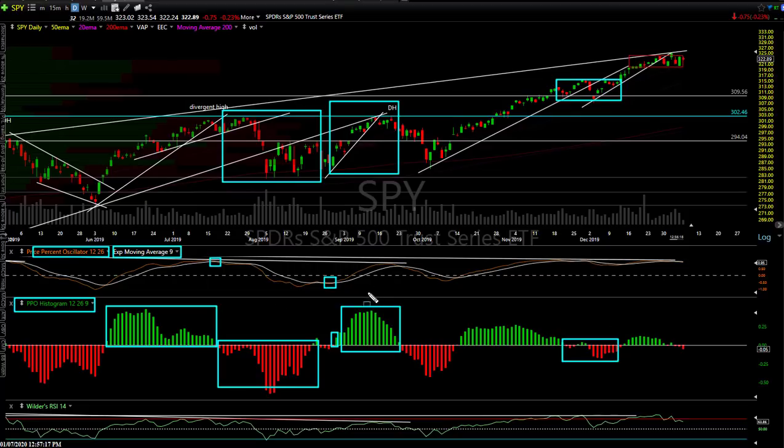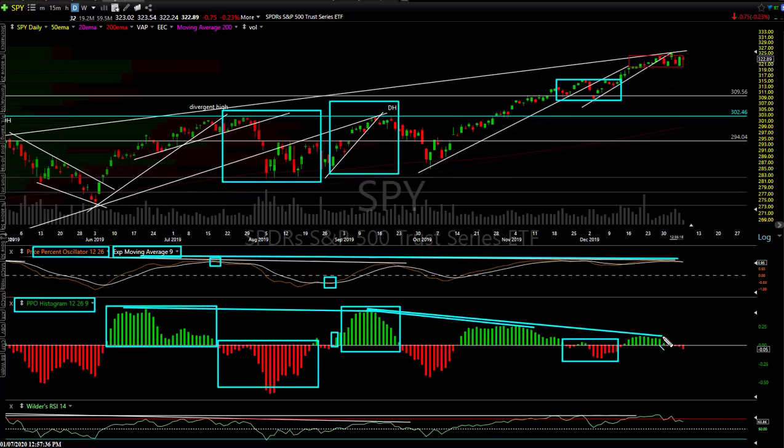However, what I'm noting is, and you can see it on the histogram as well, I know I'm making a mess of this chart, but just like I had these divergence lines drawn on the PPO itself, you have the same divergence. You can see each of these hills. In other words, the rally is losing momentum. The vigor of the rally is certainly slowing down at this point.